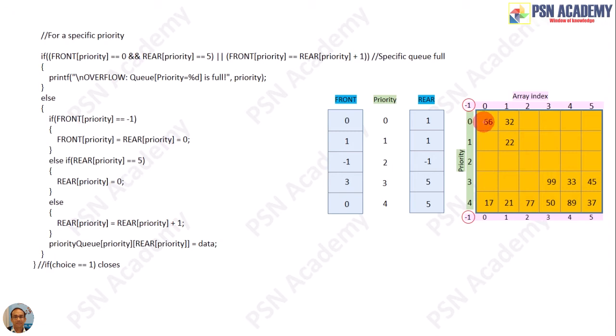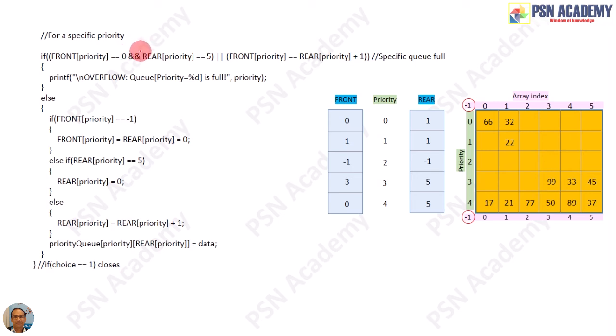Now I asked you to start with a vacant 2D array. You should notice here that there may be several addition and deletion operations, and for that, your 2D array may look like this. So in that case, your insertion and deletion should be handled in a different way, right? So we start from here.